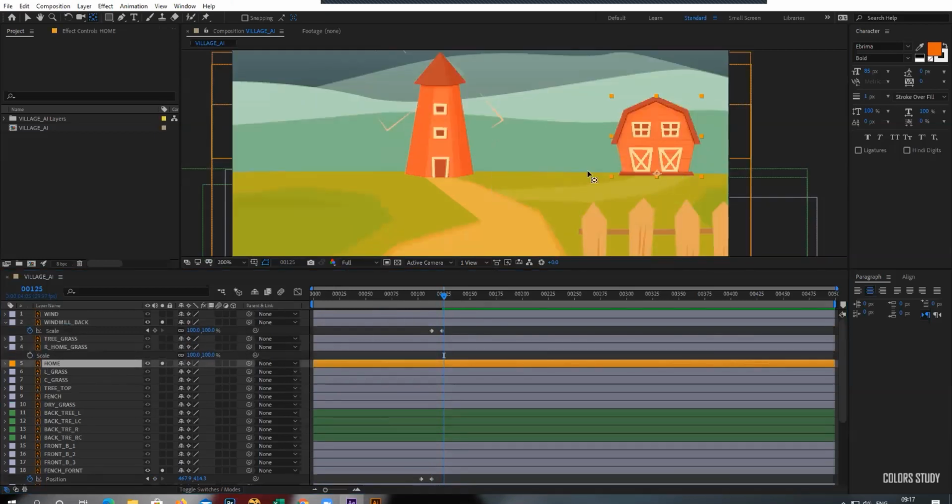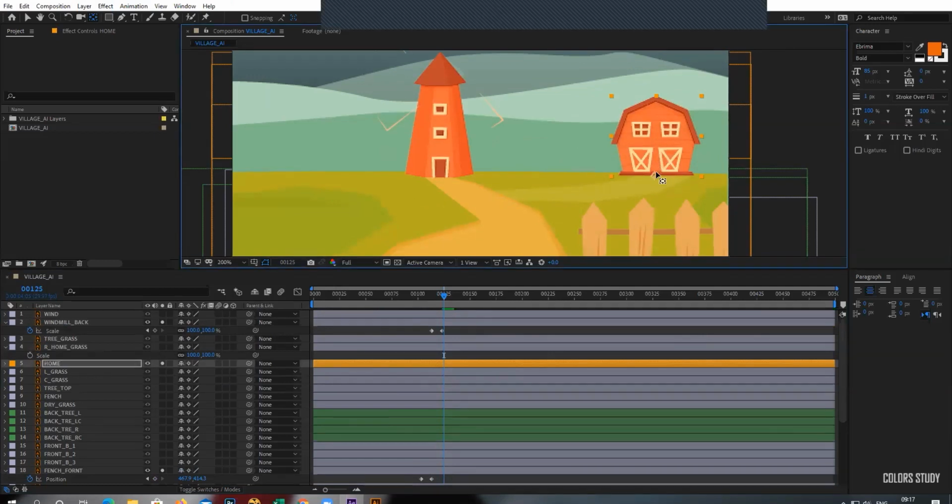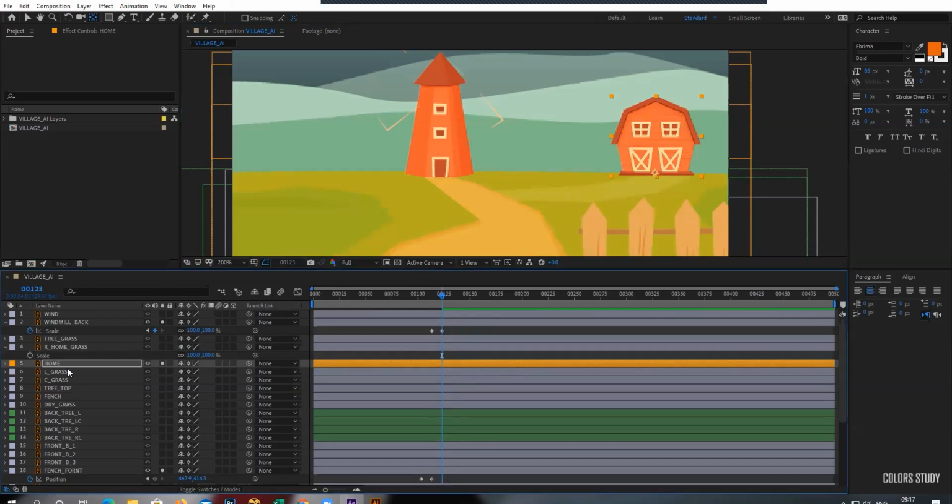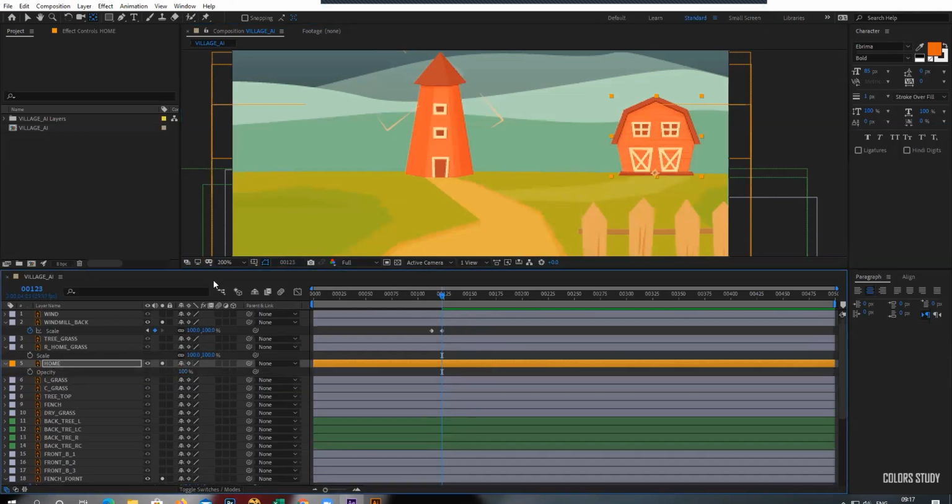With a scale, I want to animate it from the bottom up. Make sure your anchor point is shifted to the bottom. Now the class will be over in a second. So this is what I'm going to give you right now.